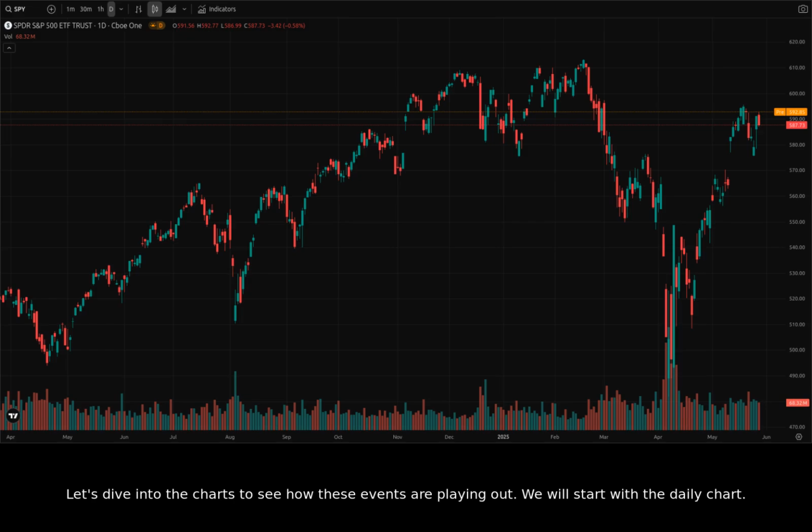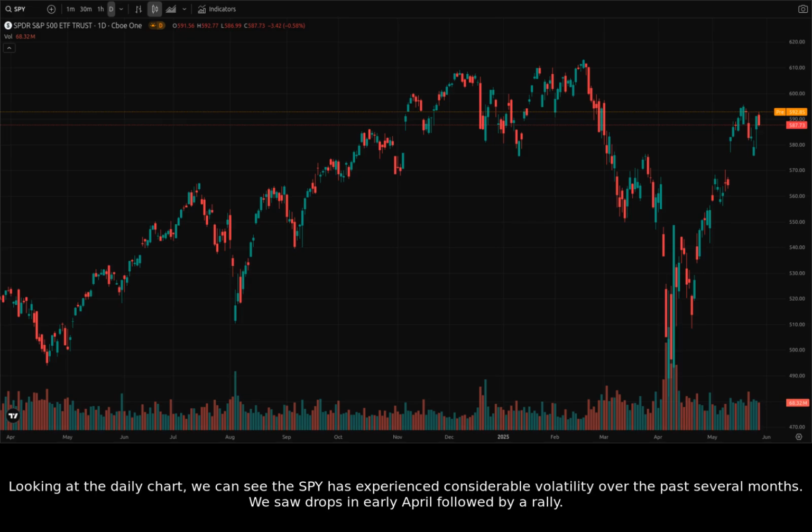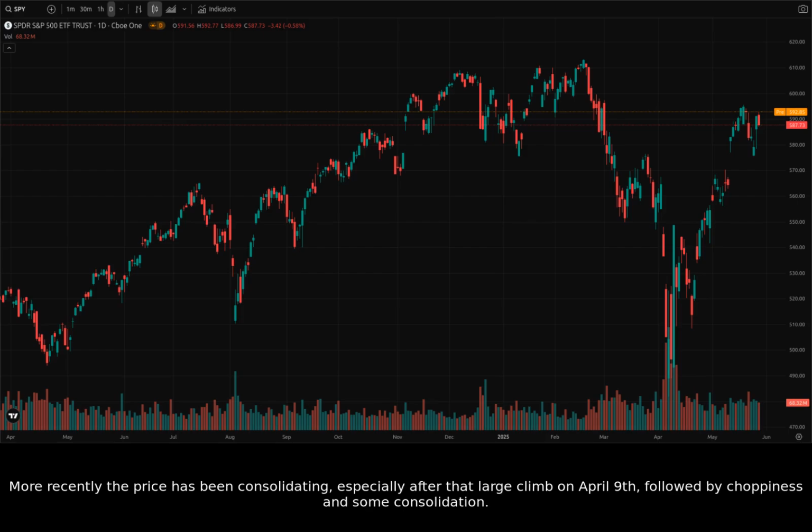We will start with the daily chart. Looking at the daily chart, we can see the SPY has experienced considerable volatility over the past several months. We saw drops in early April followed by a rally. More recently, the price has been consolidating, especially after that large climb on April 9th, followed by choppiness and some